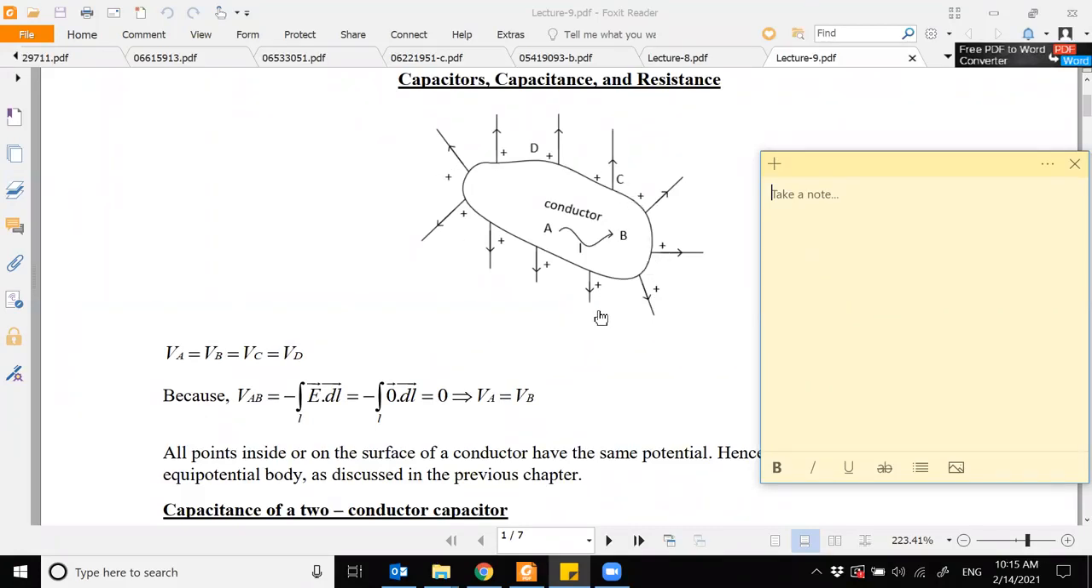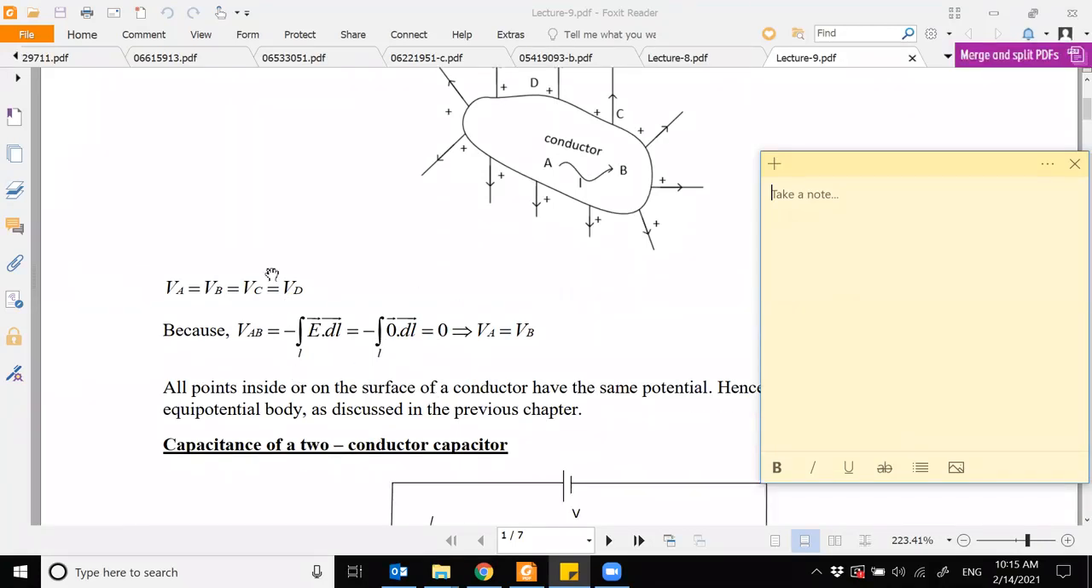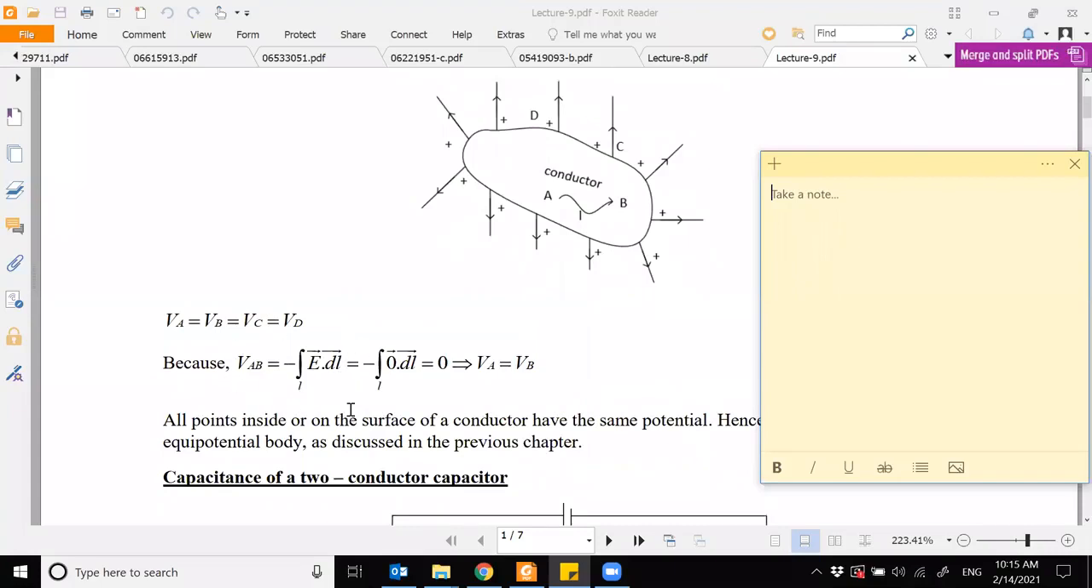Why? Because for the conductor, wherever you go, if you try to find the potential here, or here, or here, it will be the same wherever you go. The reason is, you can think of it in this way. If you want to find the potential difference between this point and this point on the conductor,